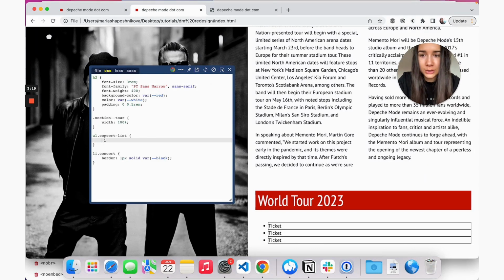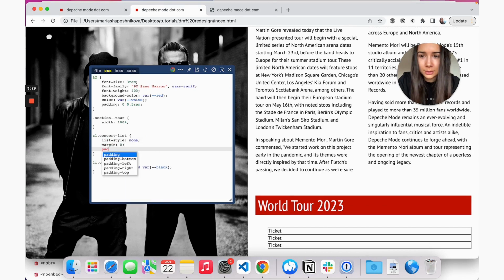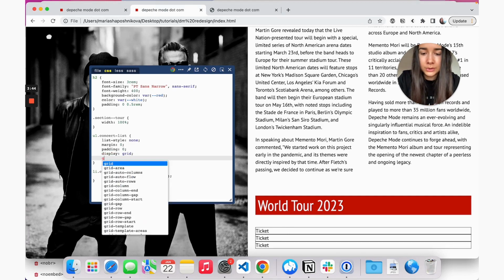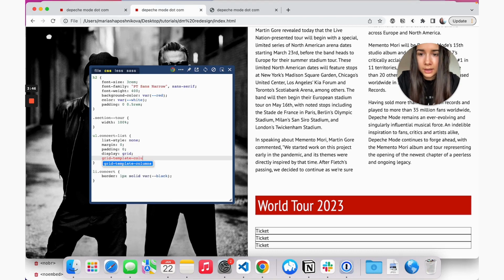So the first thing we're going to do for unordered list, we'll do list style none. And we don't want any margins or any padding. And then what we want to do here is display it as grid. And for the grid layout, we want to have columns.